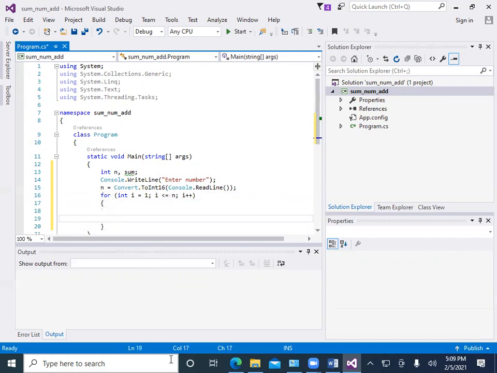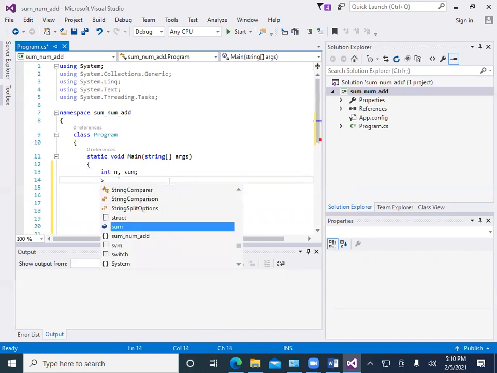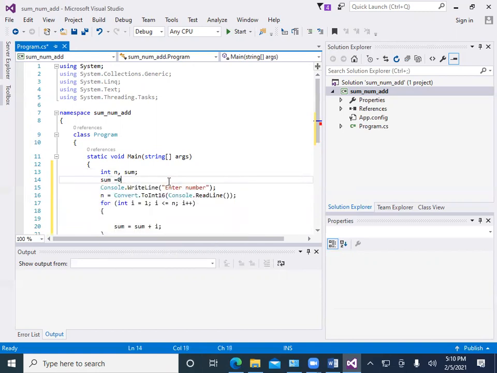After that we have to do the addition of the number. So it should be sum plus n, sorry, sum plus i, and that should be stored in a variable. I store it in the variable sum. Initially the value should be initialized to something, so I write here sum is equal to 0.